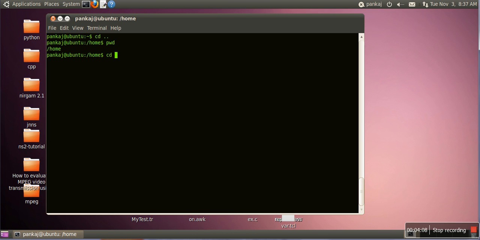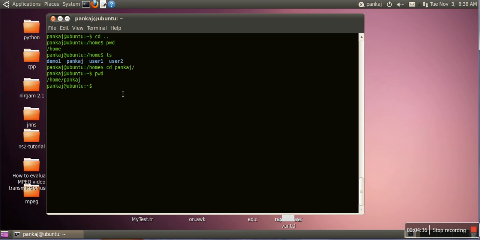Let's see how many directories are here. There is a directory Pankaj, so we will change our directory. In case you want to change some directory, we will write cd and then the directory name, or folder name. Now the present working directory is home Pankaj.